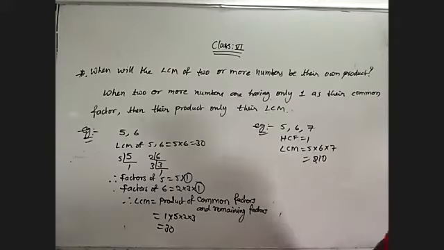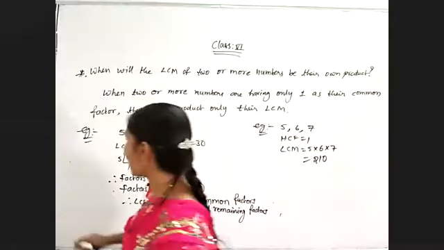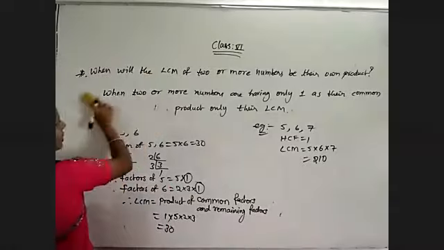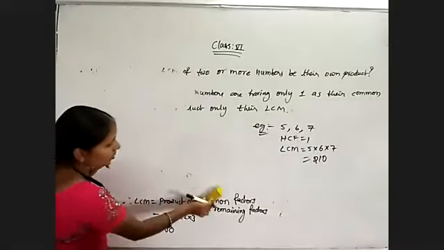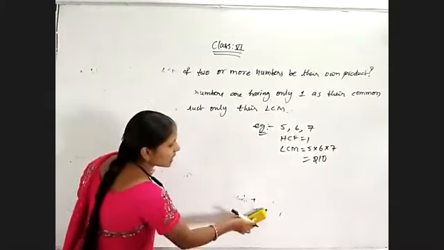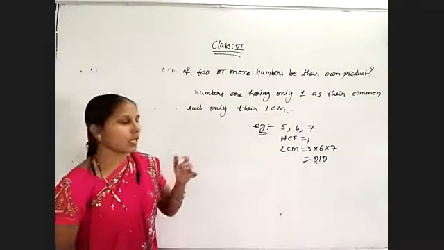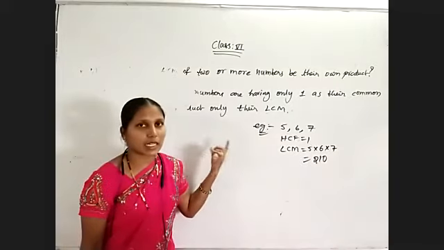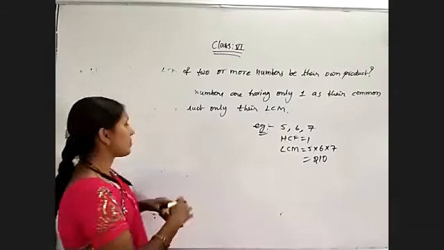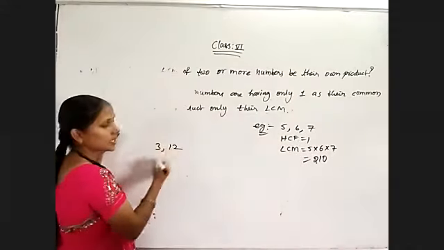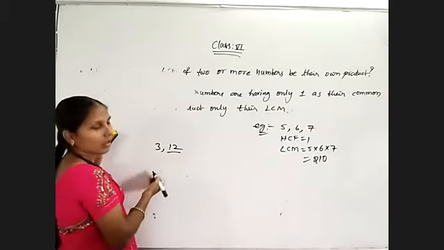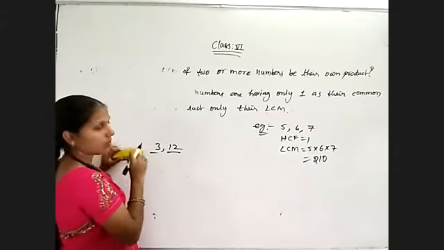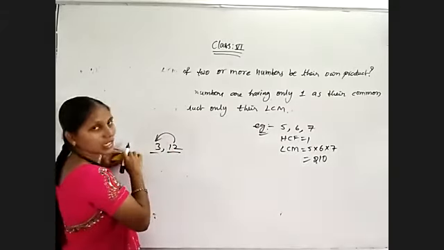Okay, now coming to the exercise problems depending on LCM. So this is the complete explanation about the LCM of 2 or more than 2 numbers and in which cases how we are getting the LCM. If one number is a multiple of the other, then the greater number is the LCM. First, what is the LCM of 3 and 12 is my question. The LCM of 3 and 12 is 12 and the HCF is 3. That's all, because 12 is a multiple of 3.